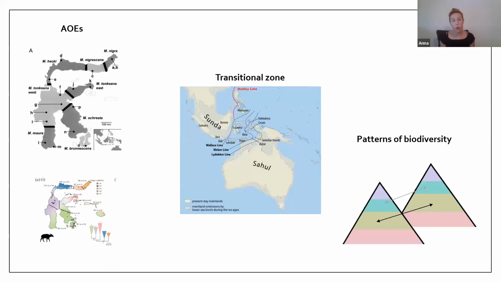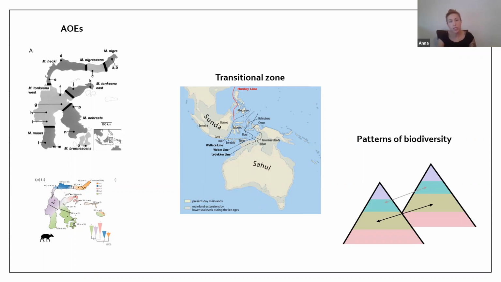So using the CO1 data, we're able to, just preliminarily, ask a lot of really interesting questions, start exploring if Sulawesi has these distinct areas of endemism for spider diversity, look to see if these transitional zones exist, is Sulawesi this mixing pot for spider diversity? And then we can also look at patterns of biodiversity across elevation and understand what's going on there. So really a powerful tool just to begin understanding the diversity that exists.